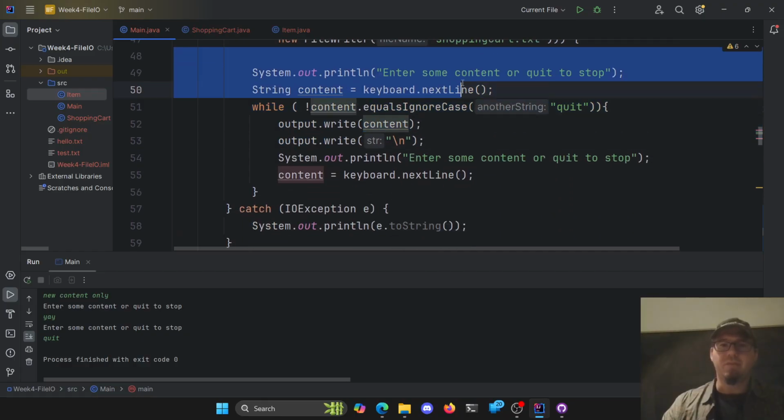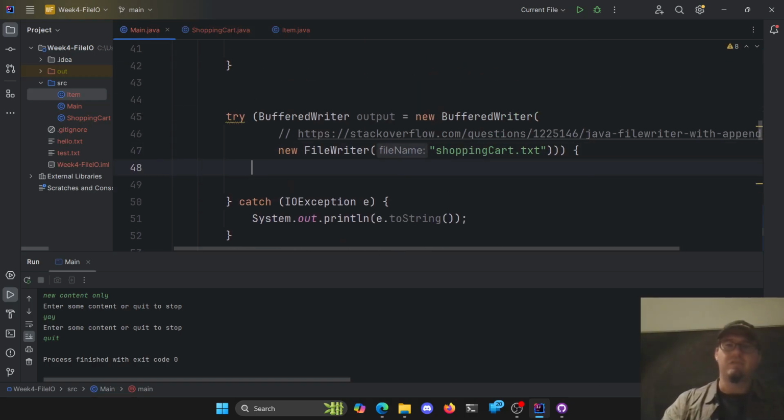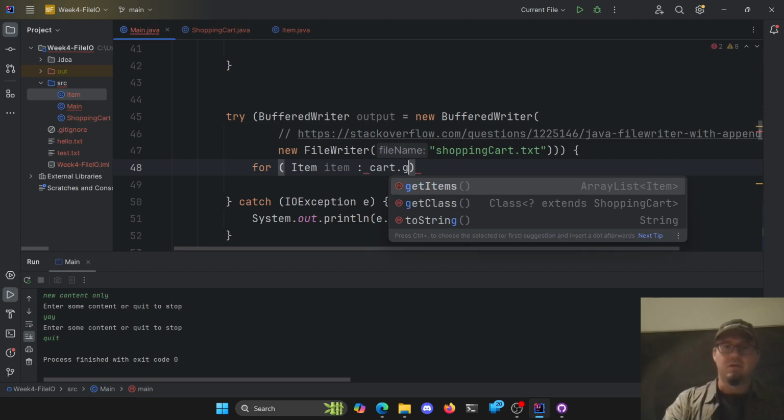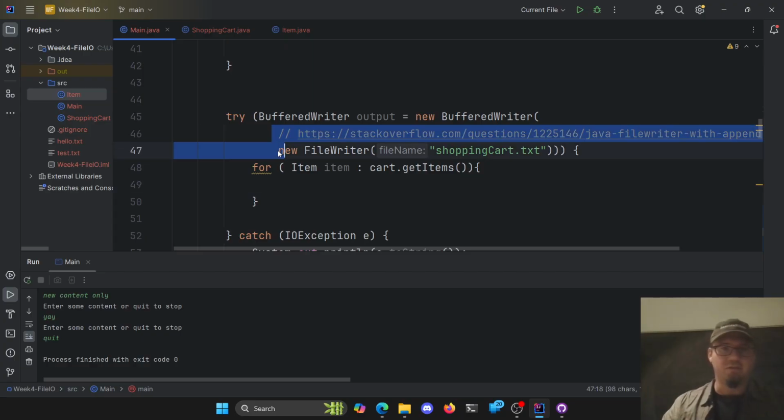Now I'm not going to prompt them for anything here, right? All I want to do then is for every item. So for item in my shopping cart.get items here, I'm going to take my output. Oh, I don't need this line here now, right? I'm going to do the comment